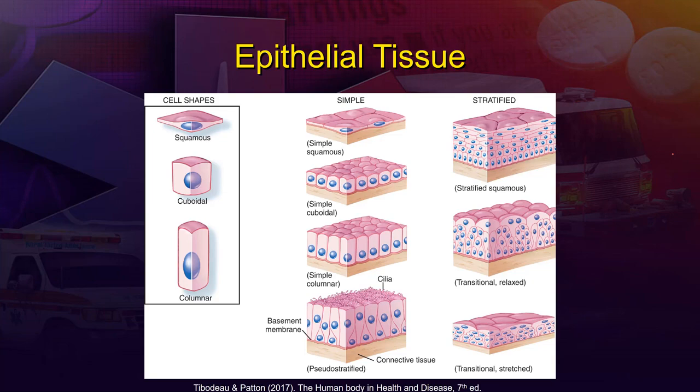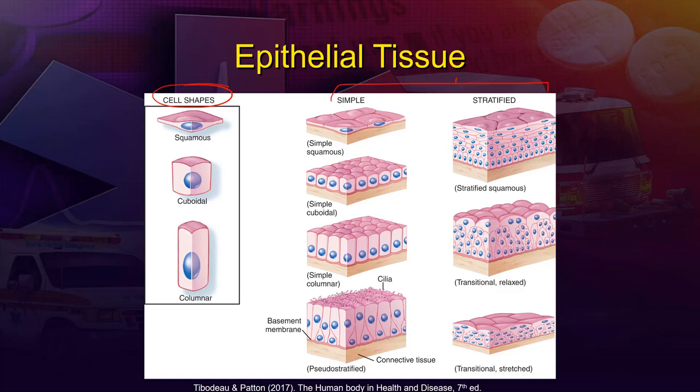But if you can visualize the terms, you'll be able to identify visually the type of tissue that you're looking at. Now, again, it's not likely that you're pulling this tissue out, looking at it under a microscope as a slide, but it does drive home by looking at it almost as a slide in histology. It does make it very easy to identify the type of tissue that we're talking about. So the first thing to identify in epithelial tissue is what is the cell shape? And then we're going to look at how is the cell